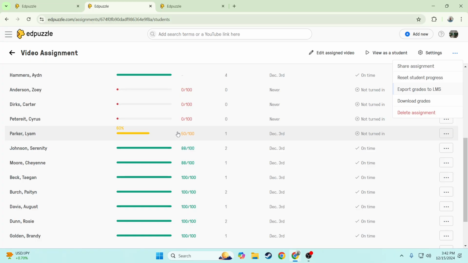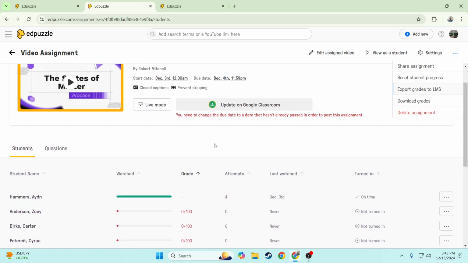Here we see another student who hasn't completed the assignment, and they've got a 50%. If they have a 75 or 51, I believe, or 50, then this is yellow. If it's below 50, it turns red. So if a student had turned this in, because I've got it set to unlimited,